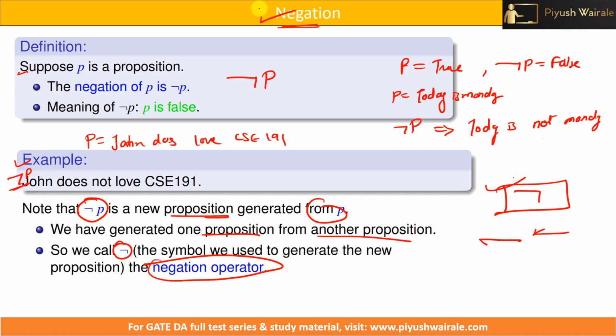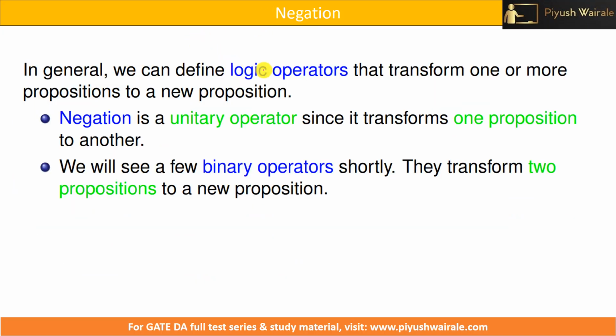So I hope you understand this particular example of negation. What is negation in short? We'll discuss this with the help of examples also. In general, we can define logical operators that transform one or more propositions to a new proposition. So negation is a unary operator since it transforms one proposition to another. Because it just works on a single proposition, that's why it is a unary operator. We'll see a few binary operators also, like AND and OR, in the upcoming slides, and they transform two propositions to a new proposition. In the previous slide we discussed that I use the AND operator to join two atomic